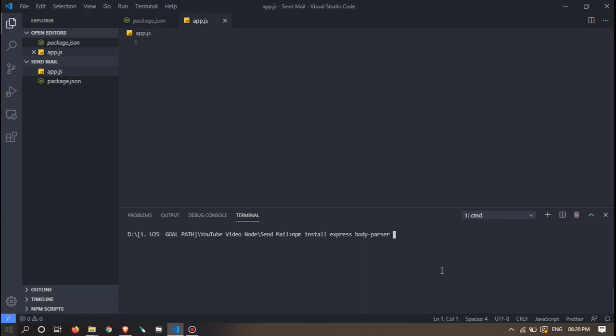You can install body parser as a dev dependency, no worries, let's do that later. We need express, and if you want a templating engine, you can use any, EJS, handlebars, anything. I am using EJS here as it is very easy; we can directly add JavaScript to the HTML code. Then, since we need to send mail, there is a module called nodemailer. This will work for us. So let's install all of these first.